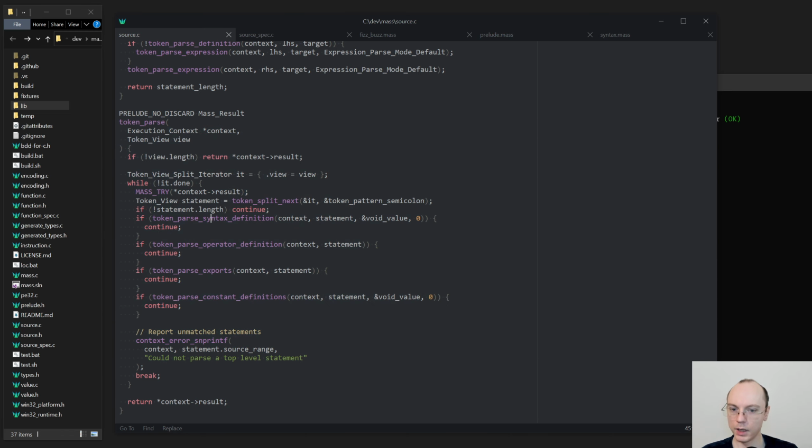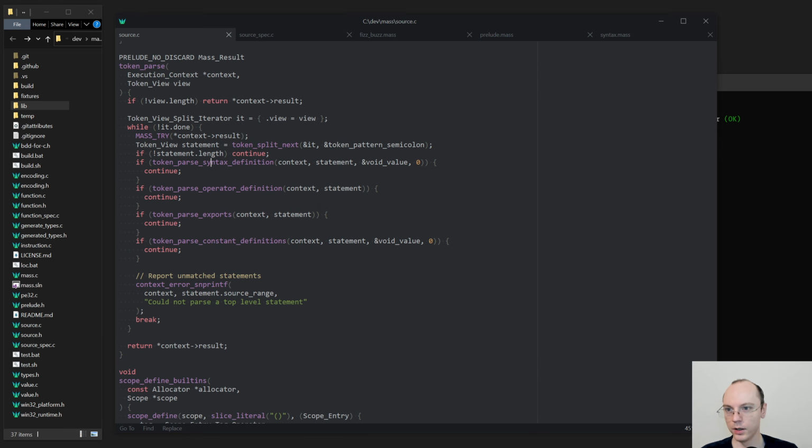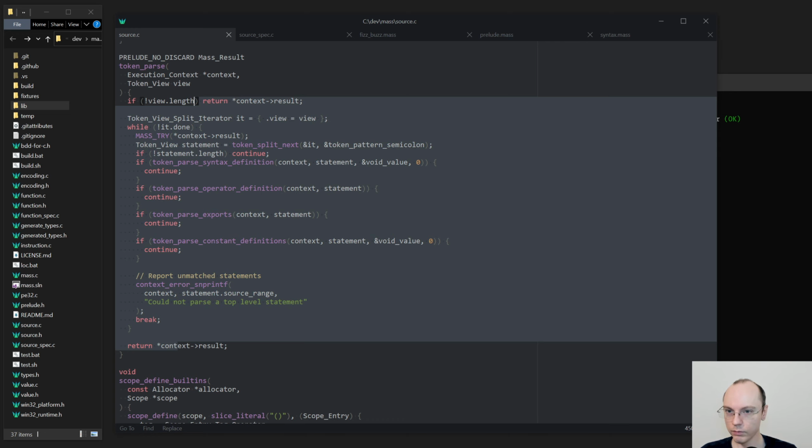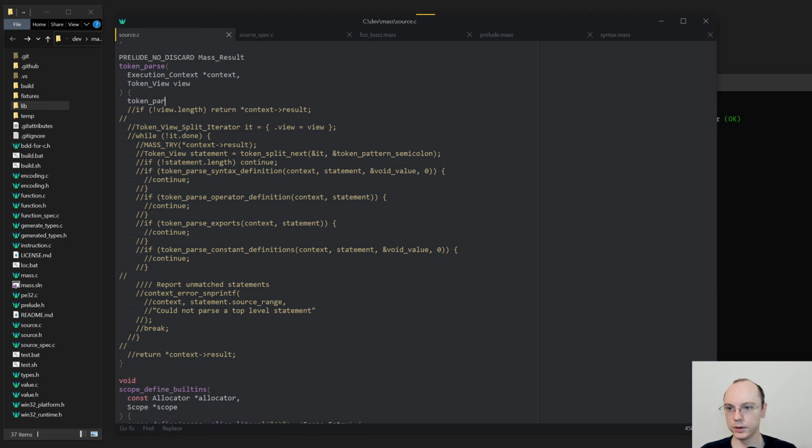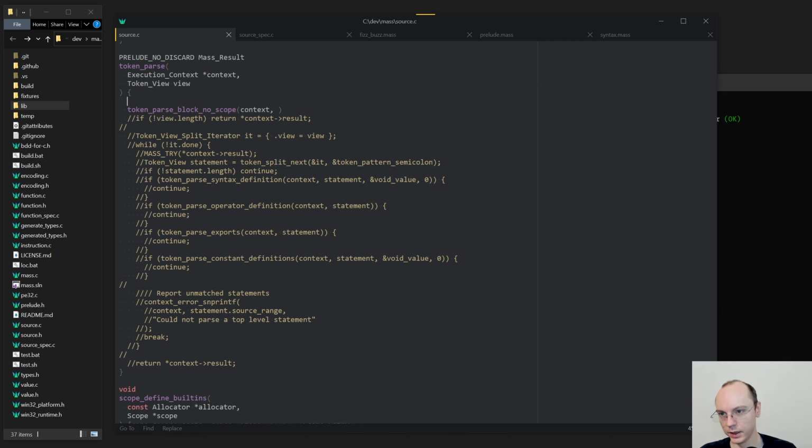for top level, and I think I want to get rid of it because in the end, top level is kind of just the same as any other block in the program. So we can try to do it that way and see if that actually works out. So we are going to do token parse block no scope. We need to have context. It actually needs to have a block which we don't really have. But I guess let's try to cheat a bit, and we'll say token fake block,